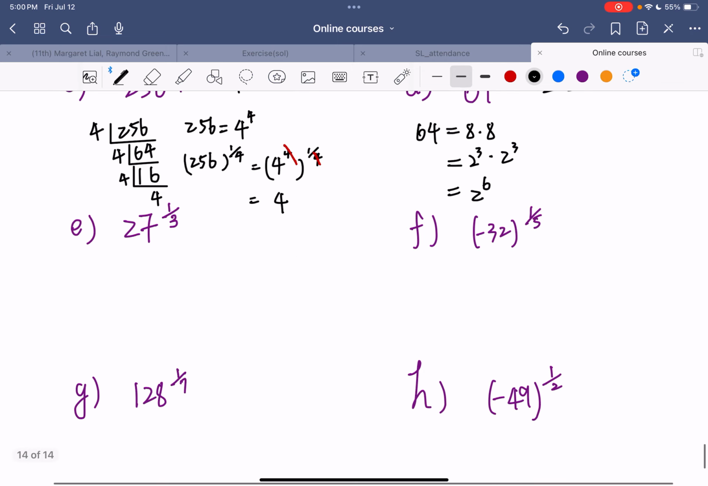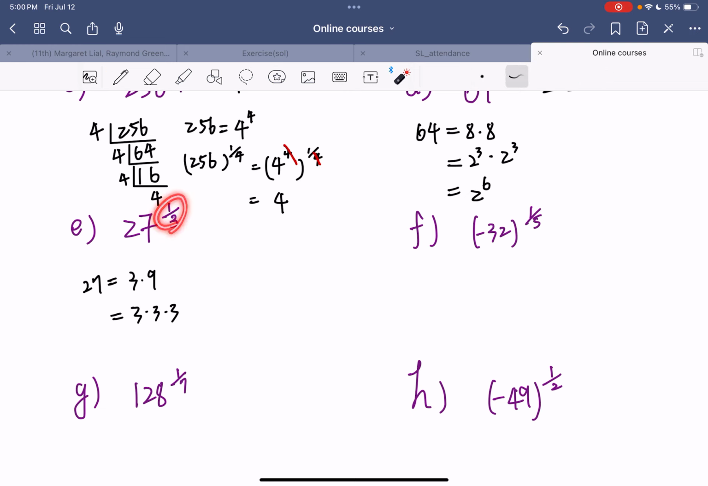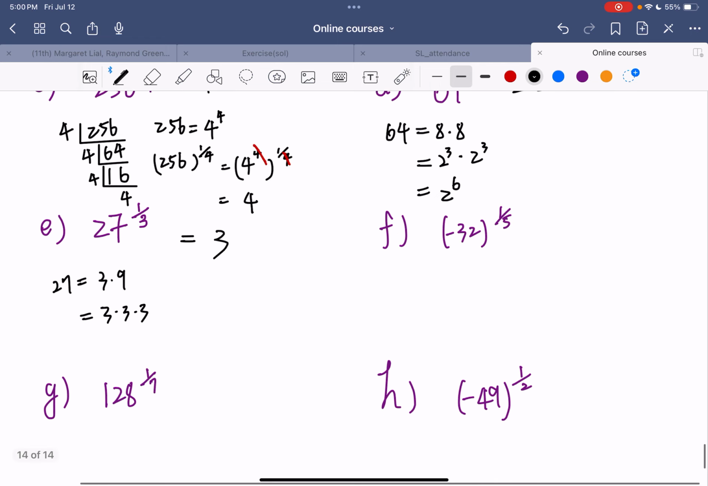And then last 4. Okay, hold on. So 27, we can write 27 as 3 times 9. Or we can write 9 as 3 times 3. Okay, so we can find that there's 3 in 27. So when we do 1 over 3, we can get that is 3. And here, okay,